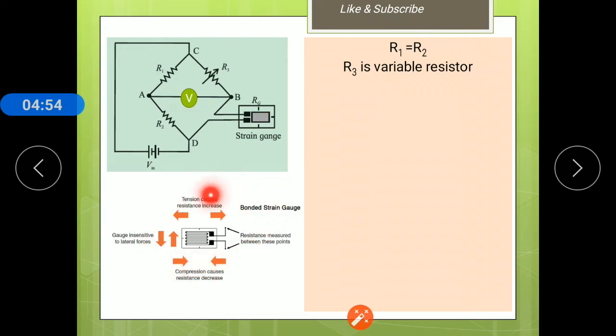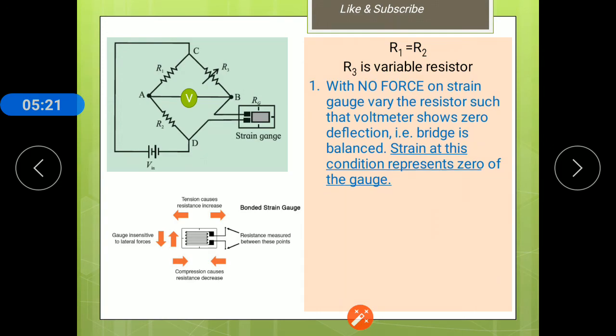This circuit shows the internal structure of the strain gauge. The coils are contained inside the strain gauge. By applying tension, the resistance values are changed. The next step is that the strain gauge is connected in the third arm, where we connect the unknown resistor. Now vary the value of R3, and note the deflection in the voltmeter.